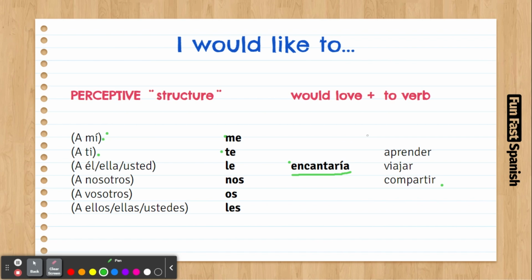And that's it. Also, if somebody gives you an offer or asks you like, hey, what do you want to do? Right away tell the person, a mí me gustaría hacer esto, a mí me gustaría ir al teatro, and tell the person all the things you would like to do, and also the things you would love to do. That'll be it. I hope you use this a lot, you practice this a lot. It's pretty easy, to be honest.